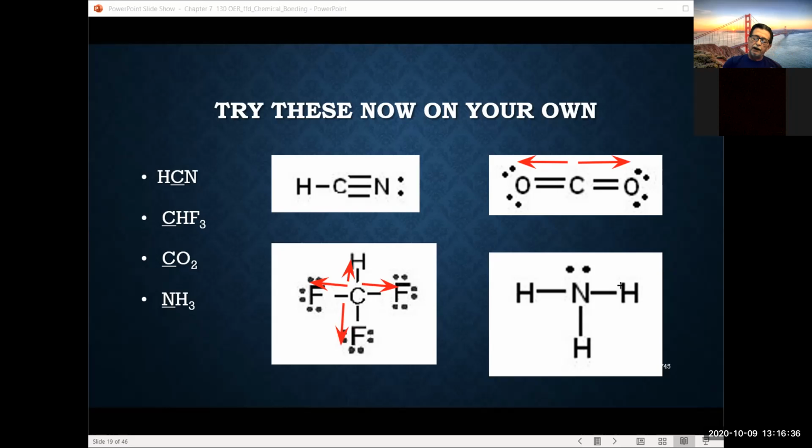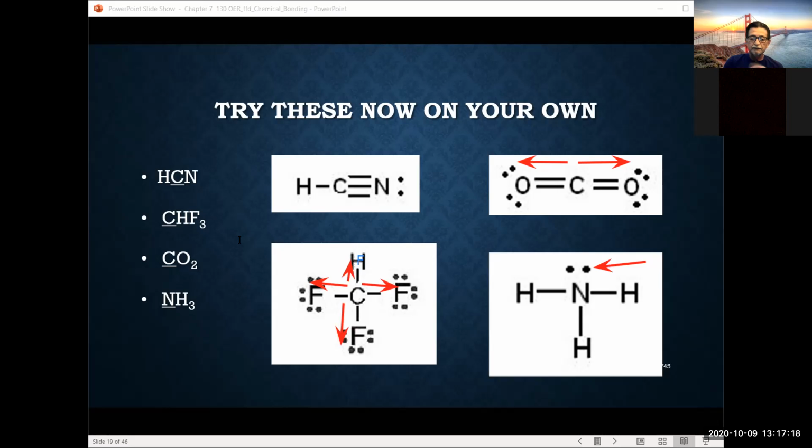Now, in the case when you write a Lewis dot structure and you have a lone pair on the central atom, without any doubt, without any question, you always have a polar molecule, okay? Always a polar molecule. Let me back up for a second. Going back to the fluorinated hydrocarbon on the left-hand side, if I were to replace that hydrogen with another fluorine, and I'm going to see if I can put one in there just for demonstration purposes, replace that hydrogen with another fluorine,